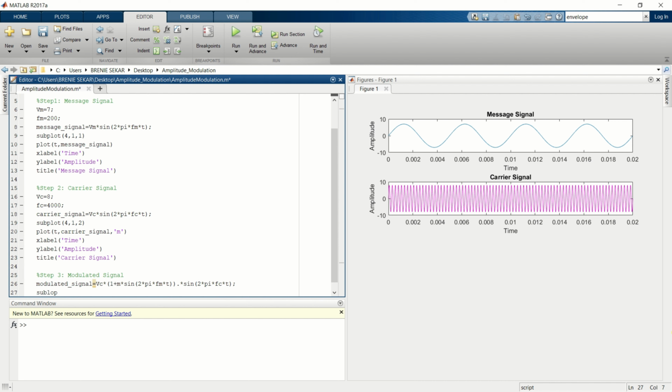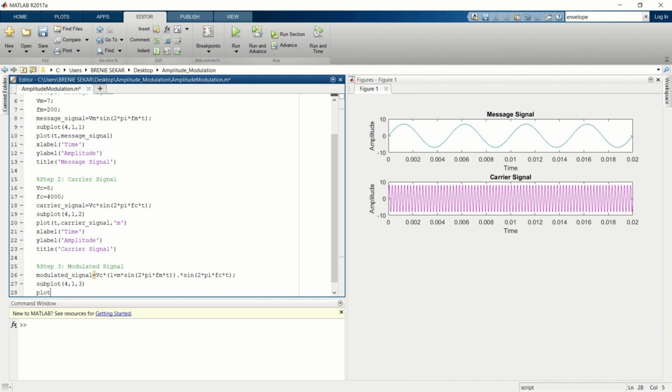And I am going to plot it in the third place. Subplot of 4, 1, 3, plot of t, modulated signal,